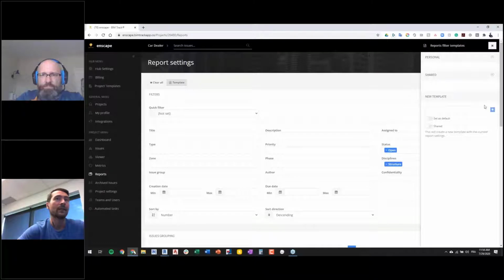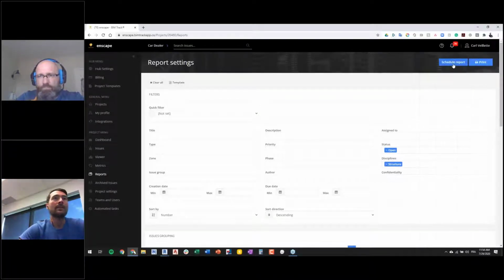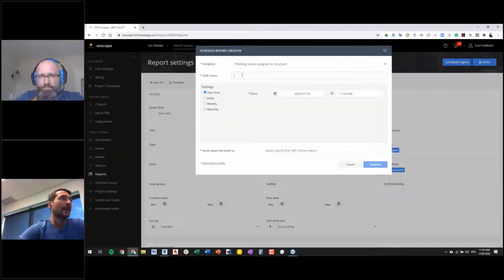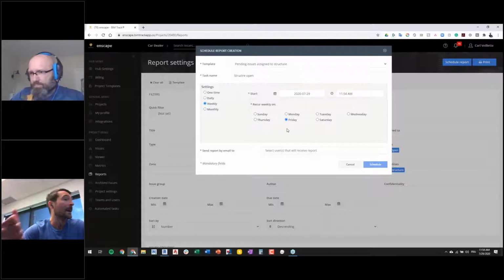Then I'm just gonna have to create a template here. So this is gonna be pending issues, assigned to structure. And this is going to be a shared template I'm going to be using. So from there, I can click on schedule reports, and I can call it the same way, structure open, and say every week, every Friday, this report for pending issues assigned to the structural engineer is sent automatically by email.